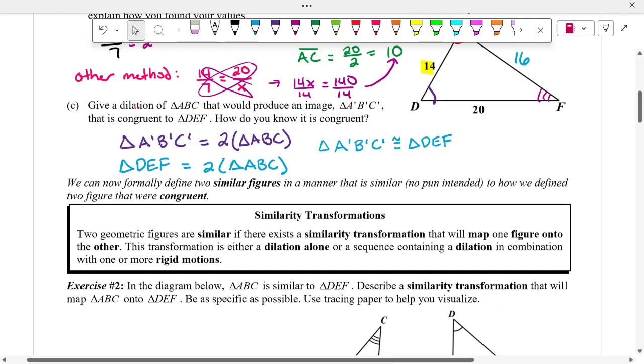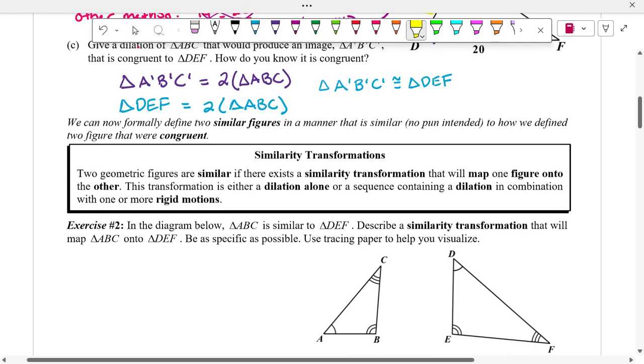Now, the way we define similar figures is very similar to how we define congruent figures. All right. So, in a minute, we're going to learn about different postulates for similar figures, because there are postulates just like there are for congruent figures. So, congruent figures, we have our 5 postulates that we like. So, side, side, side, side, angle, side, angle, side, angle, angle, angle, side, and hypotenuse leg. There are also postulates for similar figures, just not as many. Now, we'll get to that in just a minute, but